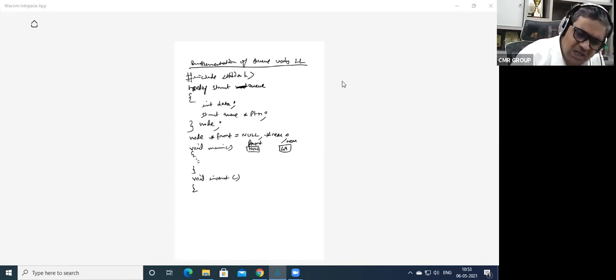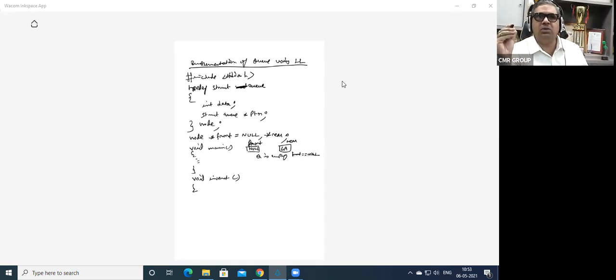So when front is null, this list is empty, that is, the queue is empty. When front is equal to null, we say that the queue is empty.